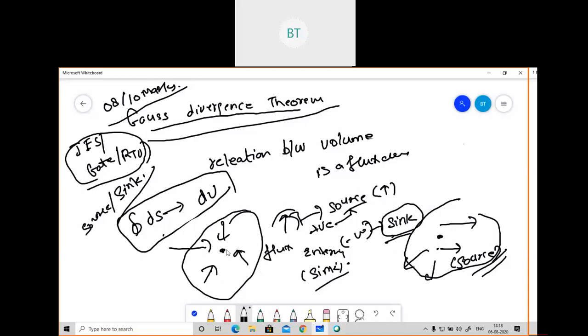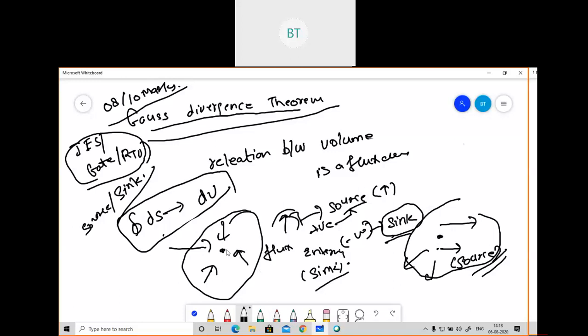It will tell you how the rate of change of function is changing accordingly. So if the rate of change of function is increasing with respect to its position, we'll call it a source. And if the rate of change of function decreases with respect to its position, we call it a sink. And the last point which we conclude from this Gauss divergence theorem is that it is a flux density which explains how much flux is entering or leaving any source or sink.